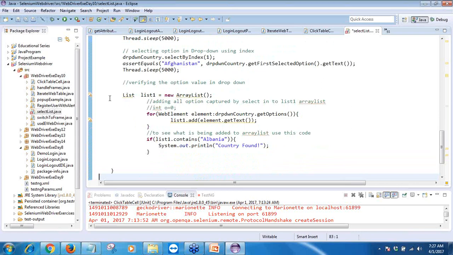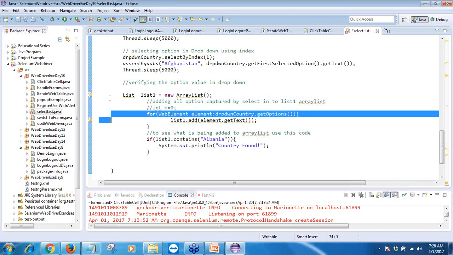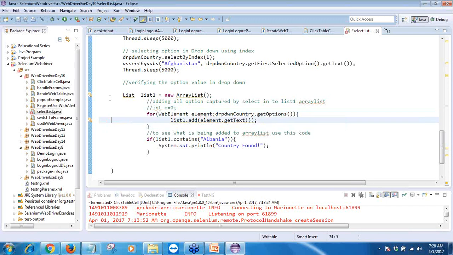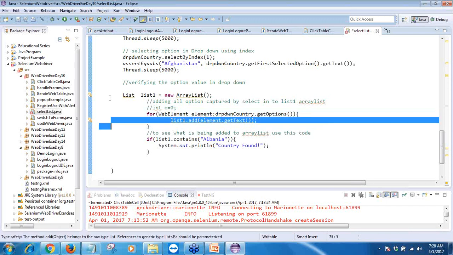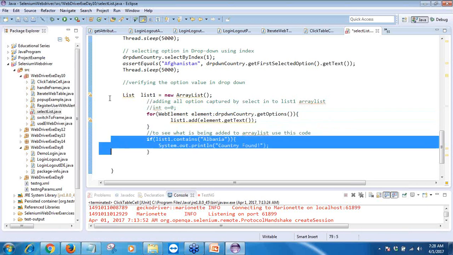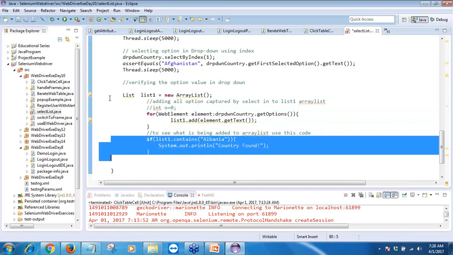Then let's say you want to verify whether a particular value, a particular country name, is available in the list or not. So what you do is you create an array list, and in that list you fetch all the country names. You iterate through every option element inside the list element, create a list and add its text. Then inside that list you find out whether it contains a particular country of your interest or not. If found, you say country is found. So executing this program,